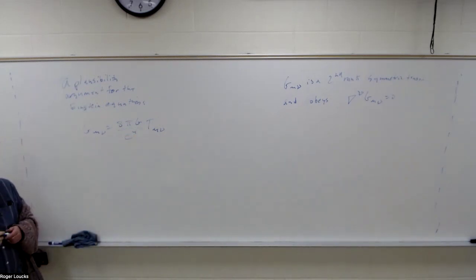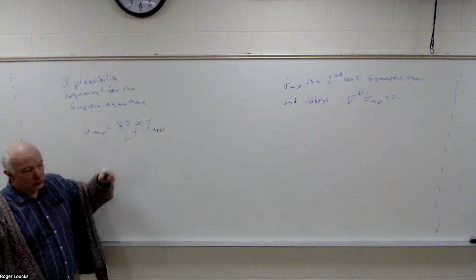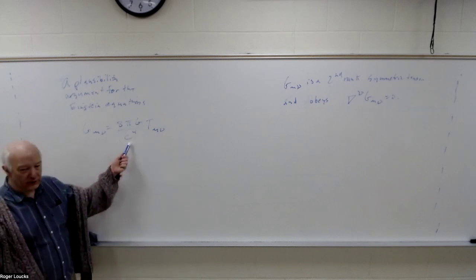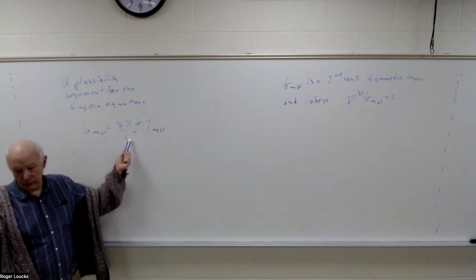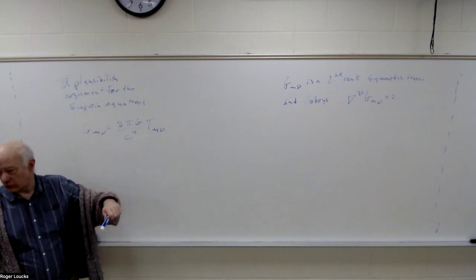So that's what we want to get. And this capital G is the gravitational constant, the 6.67 times 10 to the minus 11. Okay, and then once we get this version here, c is going to be 1. Once we get past this point here, I just want you to see what